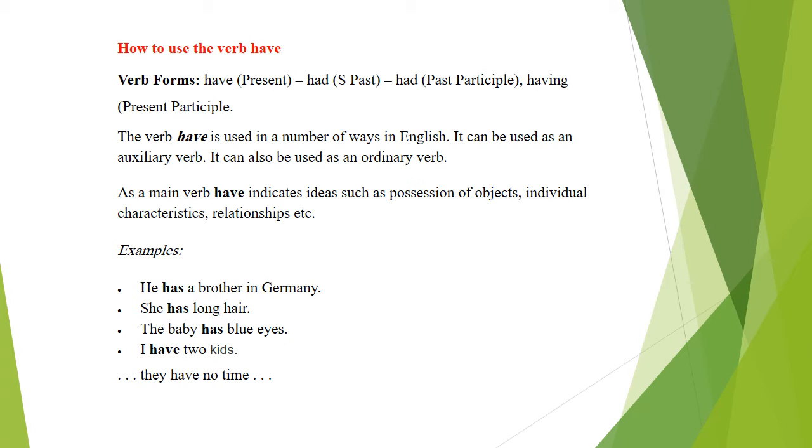So it is used as an auxiliary verb or as a main verb in the sentence. As the main verb, have indicates ideas such as possession of objects, so it indicates ownership; individual characteristics; relationships with each other. For example, he has a brother in Germany. He is the subject. Has is